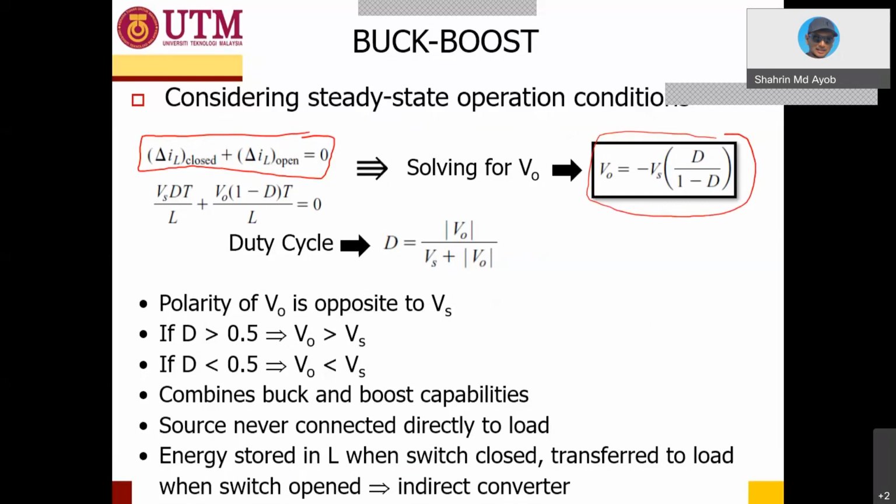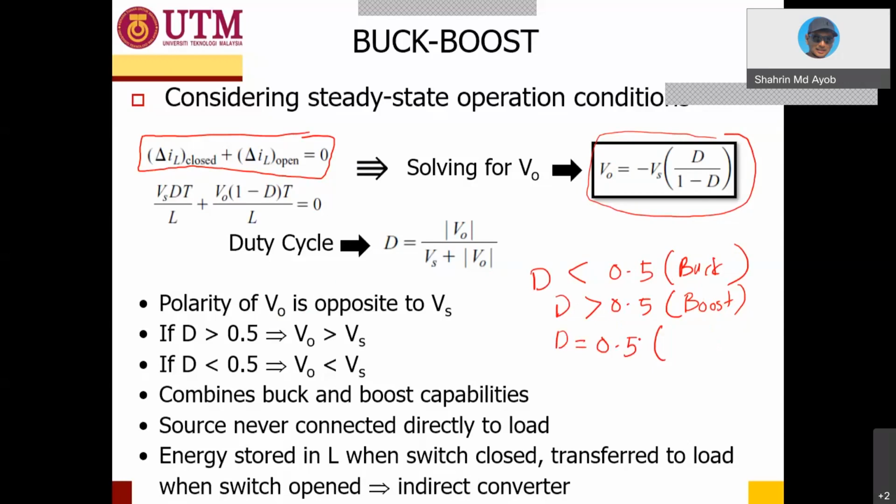Since the name is buck boost converter, it depends on the duty cycle value. If the duty cycle is less than 0.5, it will become a buck converter. When the duty cycle is larger than 0.5, it will be a boost converter. Okay. When D is 0.5,